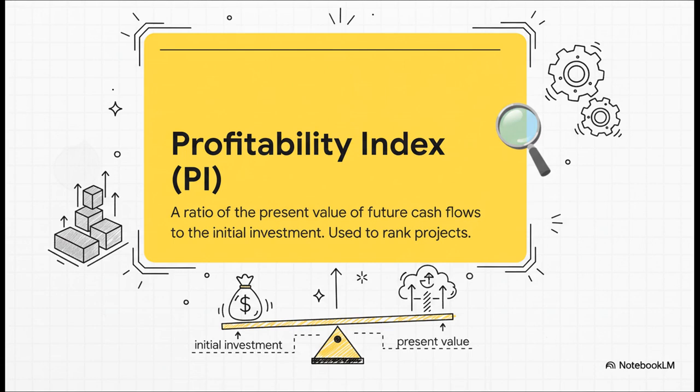Here's another real-world issue: capital rationing. What happens when a company has, say, 5 great projects, all with positive NPVs, but only has enough capital to fund 2 of them? How do you rank them? For this, we can use something called the Profitability Index, or PI. It's a method used to rank projects, and it's basically a bang for your buck calculation. It's the ratio of the present value of the future cash flows to the initial investment. A PI greater than 1 is desirable.